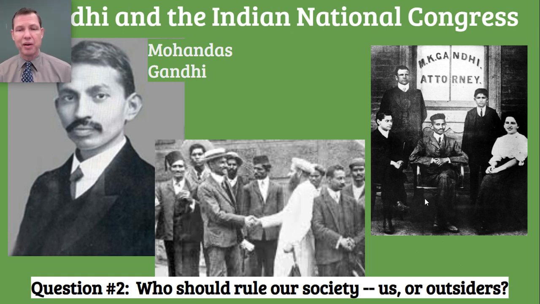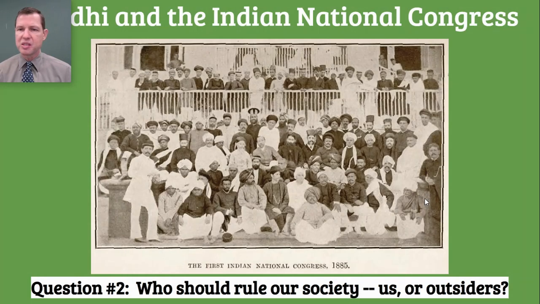And so he began a campaign, a nonviolent campaign. We'll talk a lot more about nonviolence, to try to gain more rights for these so-called colored people, that is, Indian people, and also for Africans as well in South Africa. The movement that he began in South Africa, a strategy of nonviolent civil disobedience, again, more on that soon, also became a movement that encompassed trying to gain more rights for Africans. Now, Gandhi was focused more on gaining more rights for what were called colored people. But then in 1915, he left South Africa to return to India, and he will take his strategy and his philosophy with him.